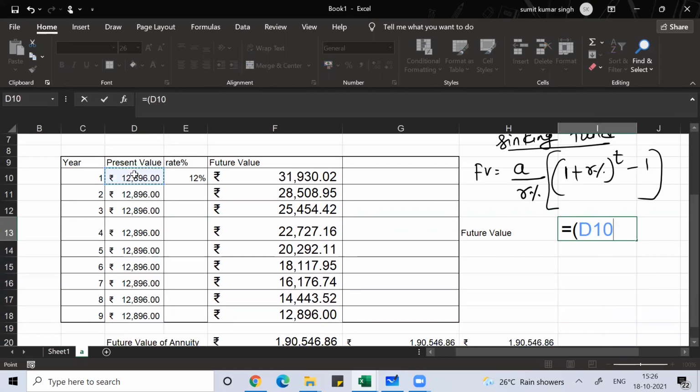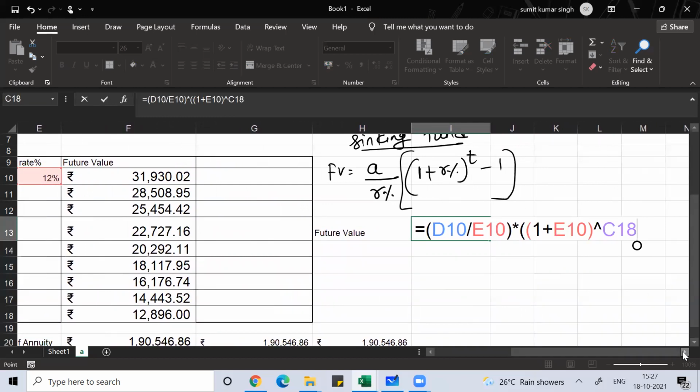I'm just trying to do the calculation in Excel to make you confident of using brackets and all. Divide by rate of interest. Shift 8 for multiply, open two brackets, 1 plus rate of interest, 1 plus rate of interest, okay, to the power, what is your time period? 9 years.